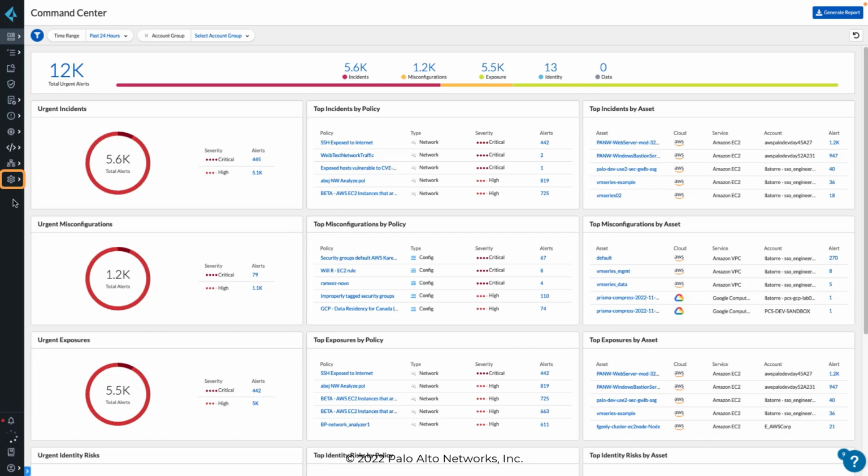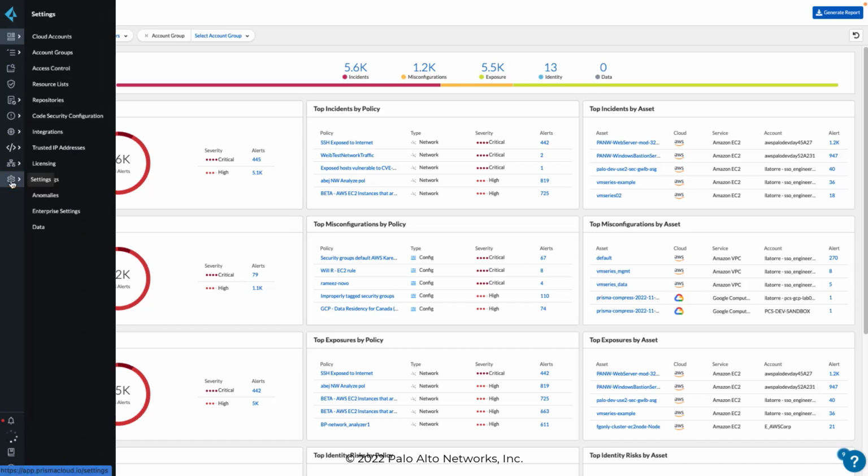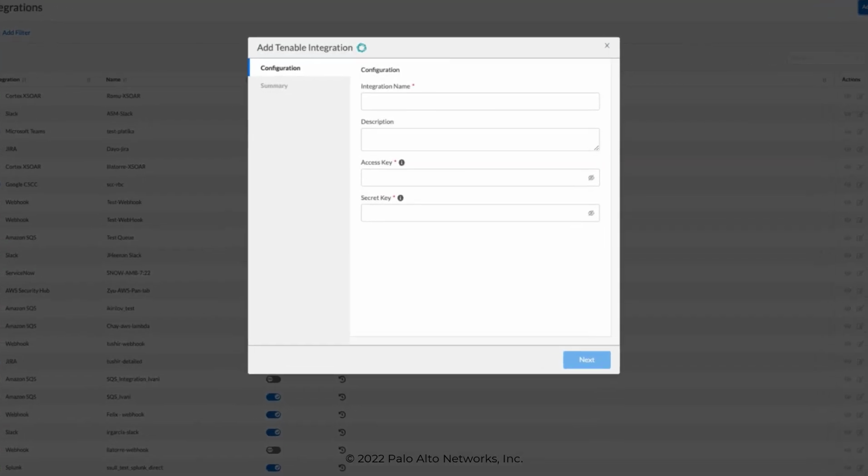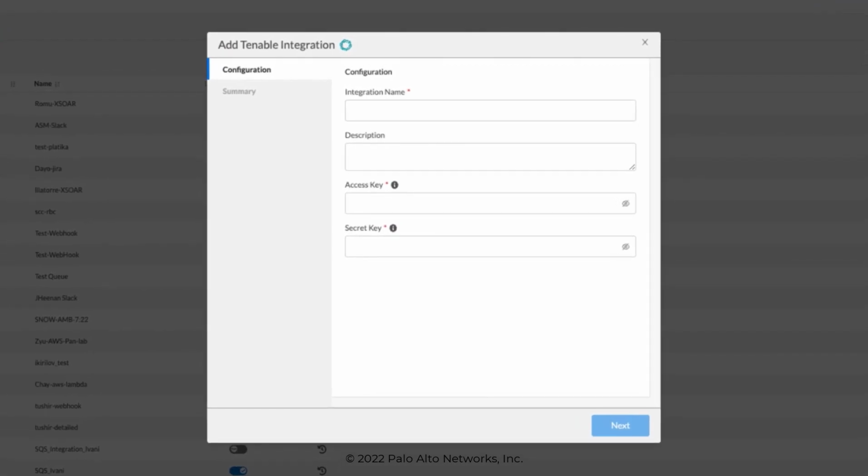So we get started by clicking on Settings, and we select Integrations, and then I can select Add. In this case, the integration type is going to be Tenable. I can give the integration a name and an optional description. And next I'm going to go ahead and cut and paste the access key and then